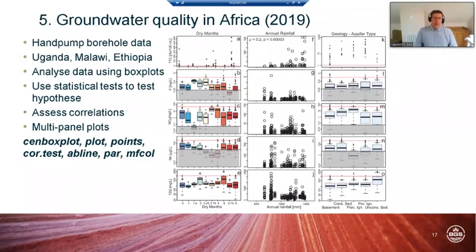I was also able to use simple functions in R to arrange multi-panel plots, which is often quite useful for publications where you've got limited space, or you want to show a lot of information at the same time. The types of functions I used were box plots again, the plot and points functions, which are very simple, the cor.test function for looking at correlations, abline, which is a simple function to add horizontal or vertical lines to plots, in this case to show the WHO limit for the various parameters that exceeded drinking water quality standards, and the par and mfcol functions for controlling the plot layout,